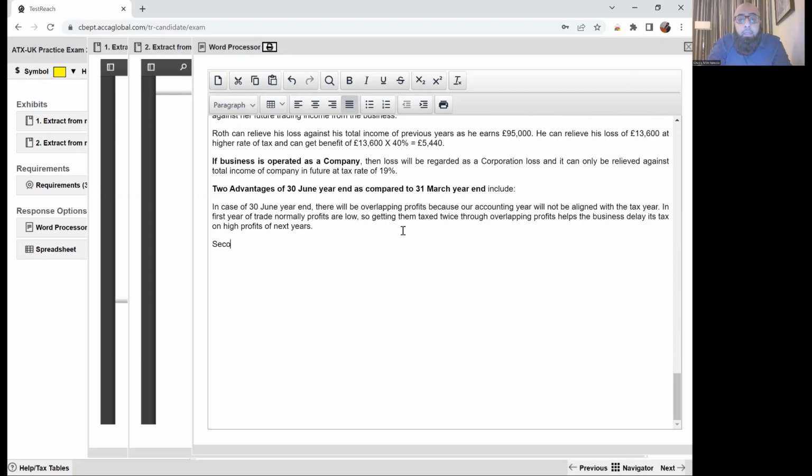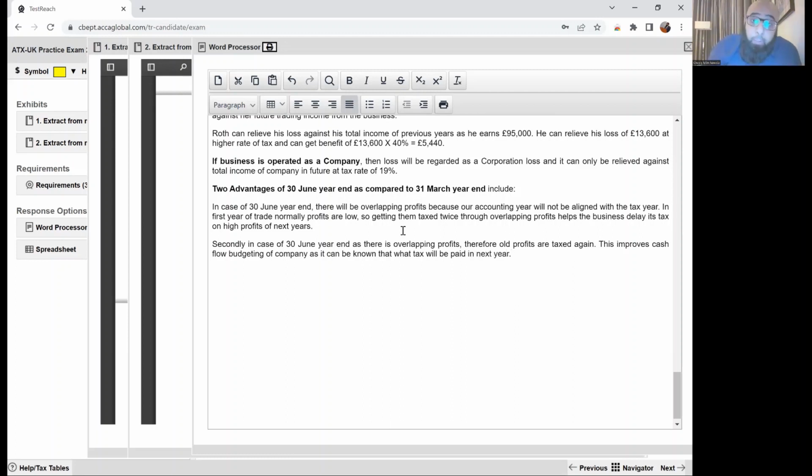Secondly, in case of 30th June year end, as there is overlapping profits, therefore, old profits are taxed again. This improves cash flow budgeting of the company,